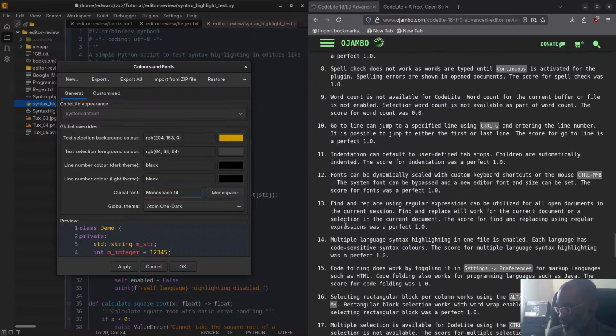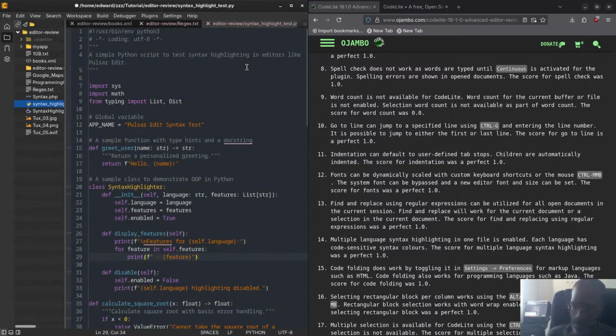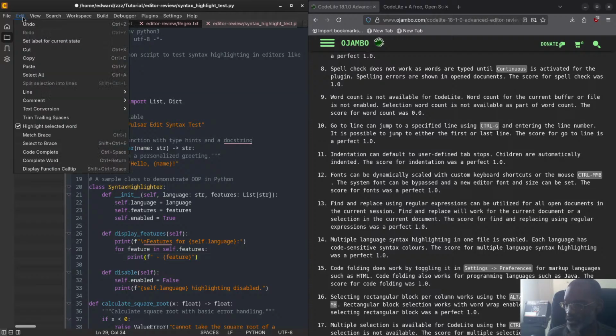What else is here? Find and replace. Yes. If you want to call yourself a Linux editor and you don't have find and replace at the bare minimum, yeah, that's not going to be right. So where do we find and replace? Usually it's in the edit menu. Yeah, in the edit here, and you see you have